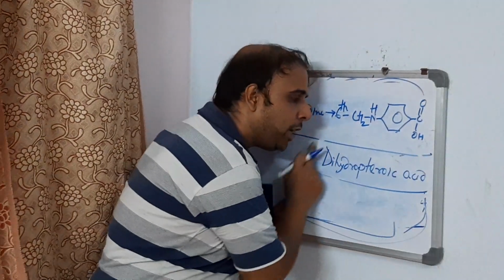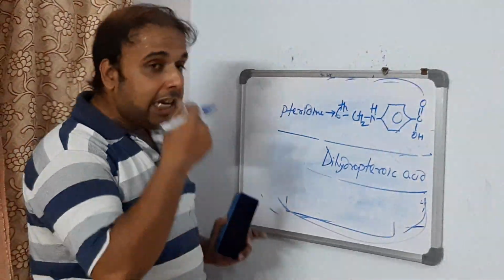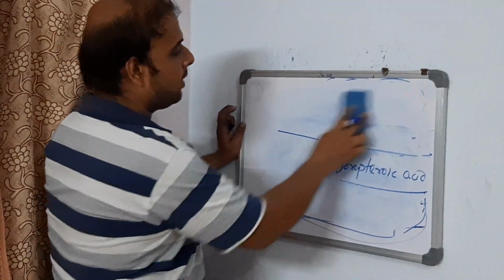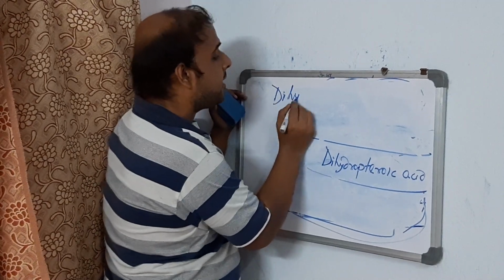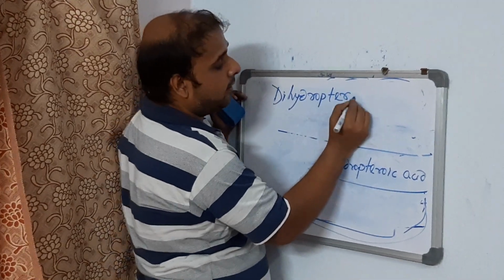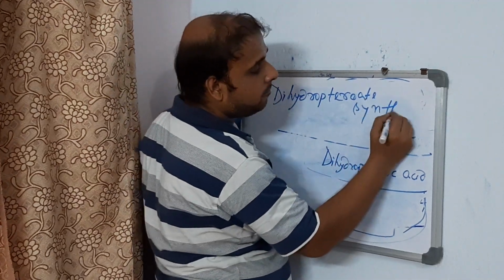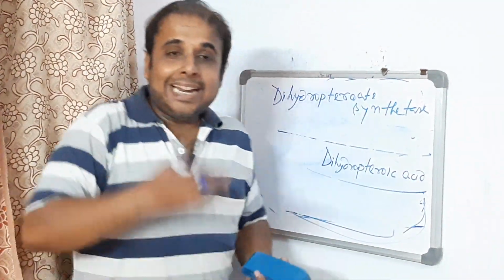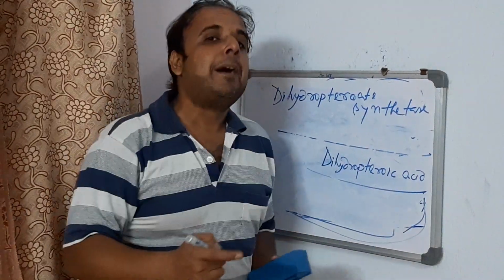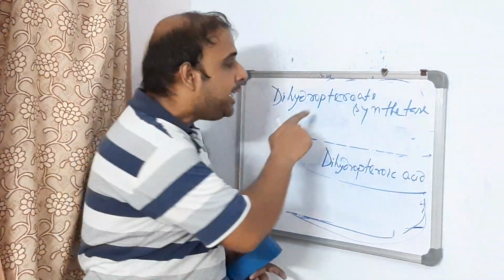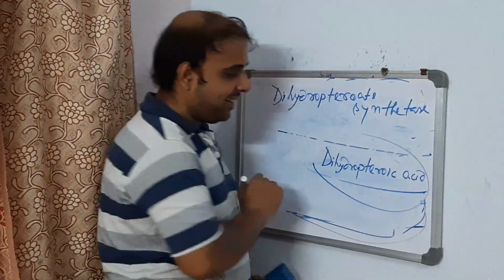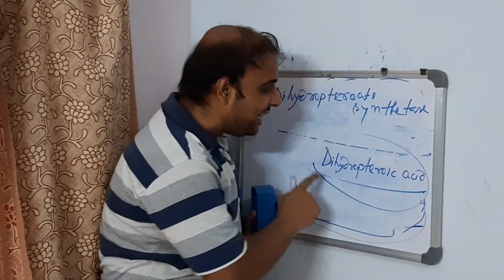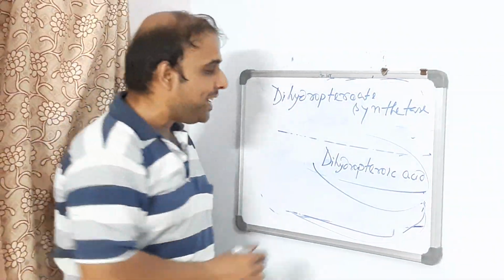The making of dihydropteroic acid as one of the major intermediates involves the influence of what? An enzyme called dihydropteroate synthetase. So, by mimicking the structural as well as chemical profile of PABA, it is the sulfonamide that is competing with PABA and occupying the substrate binding site of this particular enzyme, thereby producing what? It is not PABA linked, rather sulfonamide linked dihydropteroic acid, which is found to be a pseudo substrate